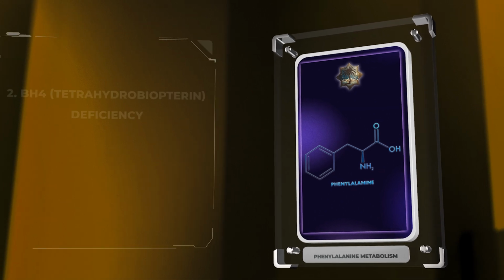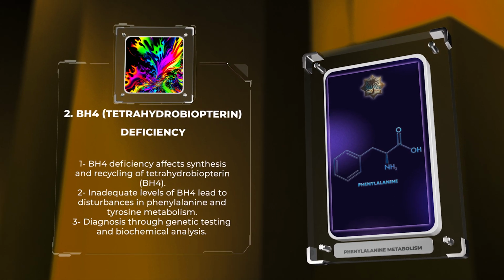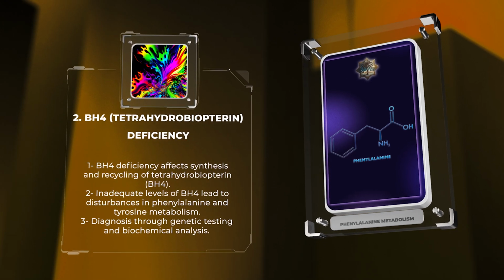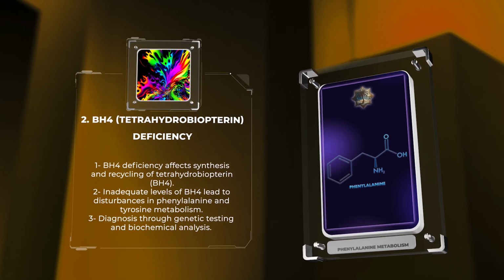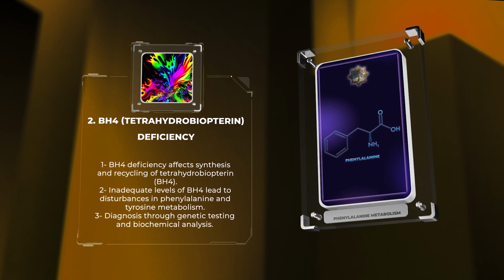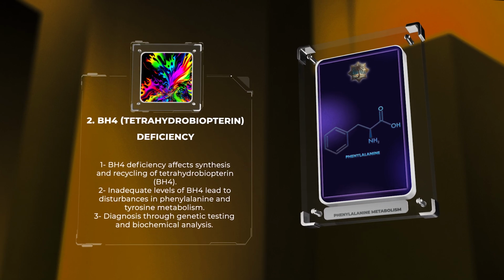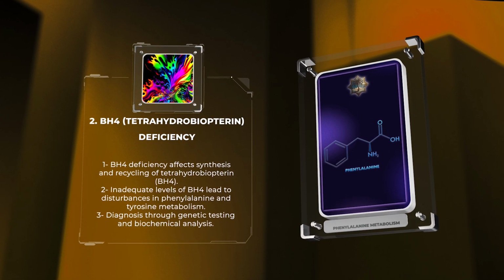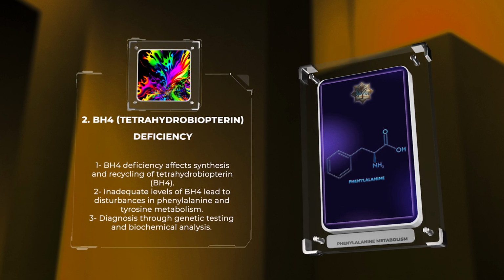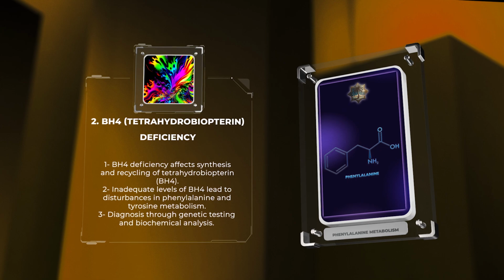levels in blood. BH4 deficiency is a metabolic disorder that affects the synthesis and recycling of tetrahydrobiopterin, BH4, an essential cofactor for several enzymes involved in neurotransmitter synthesis. Inadequate levels of BH4 can lead to disturbances in phenylalanine and tyrosine metabolism, resulting in conditions such as hyperphenylalaninemia and neurotransmitter imbalances. BH4 deficiency can be diagnosed through genetic testing and biochemical analysis of BH4 metabolites in the urine and